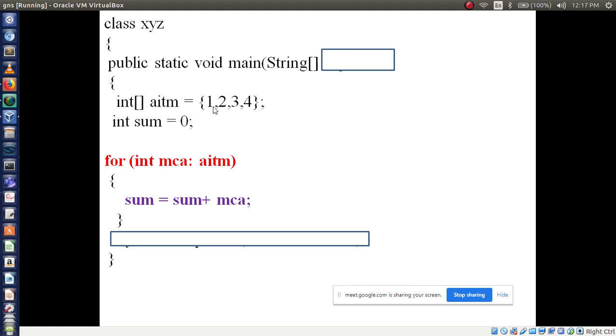Array values I have taken 1 2 3 4. Then again I am taking one variable because we have to calculate the sum. For that reason we are taking int sum equal to 0 initially. I will tell you why you have to initialize 0. Now